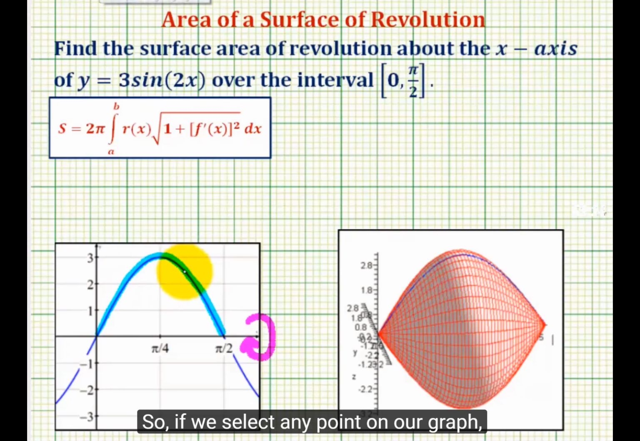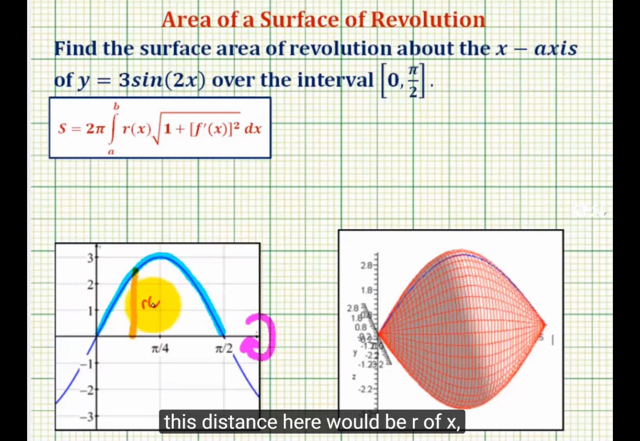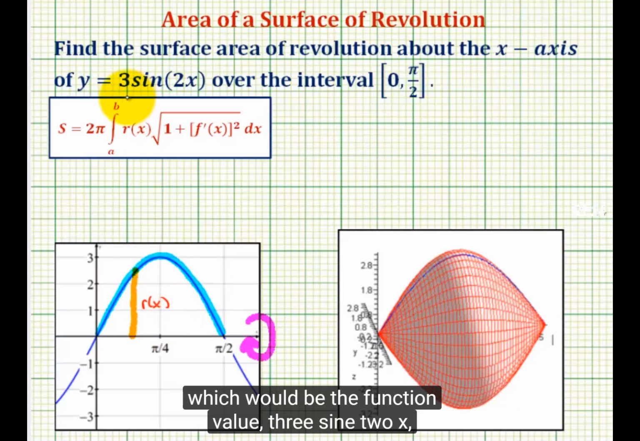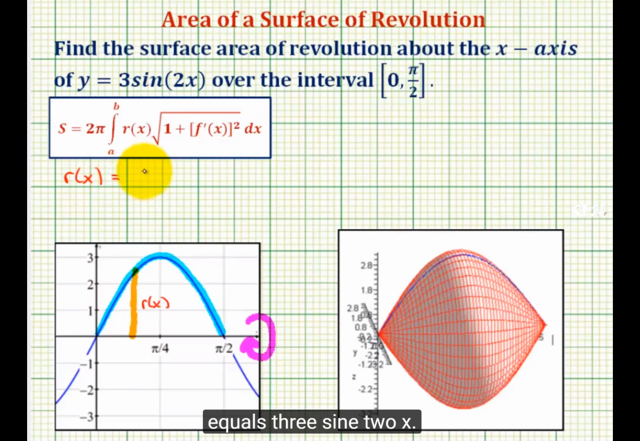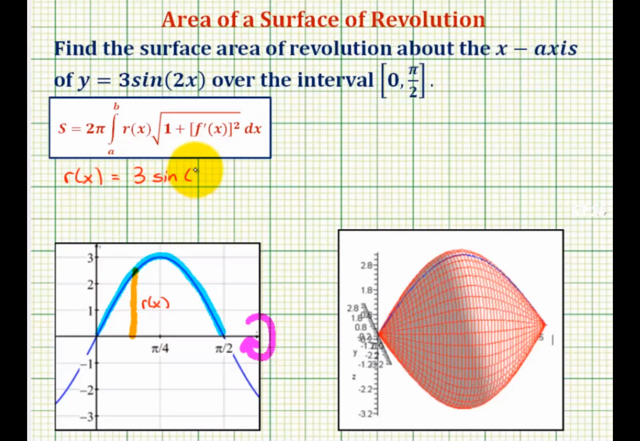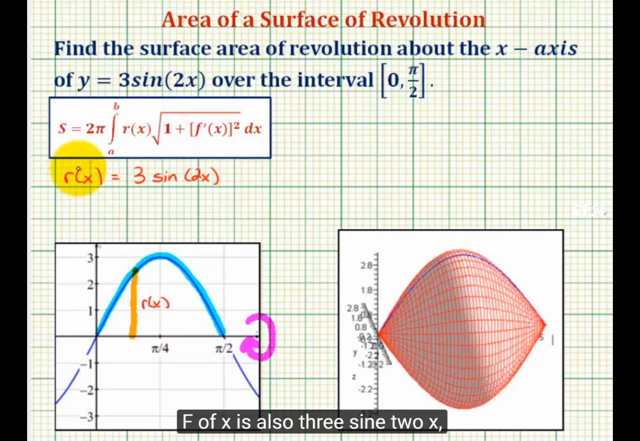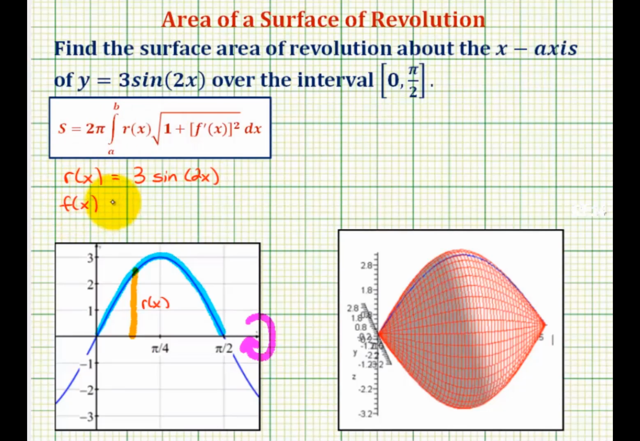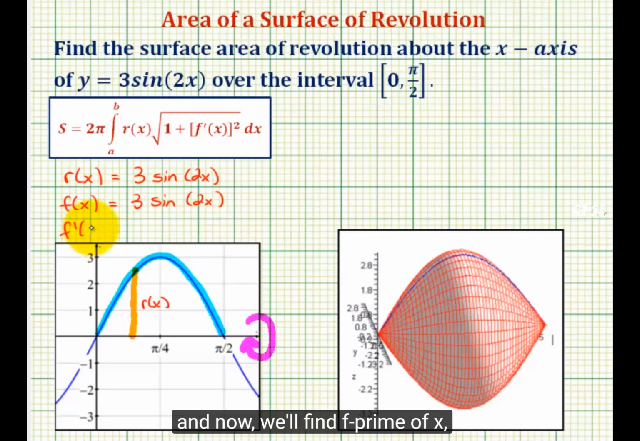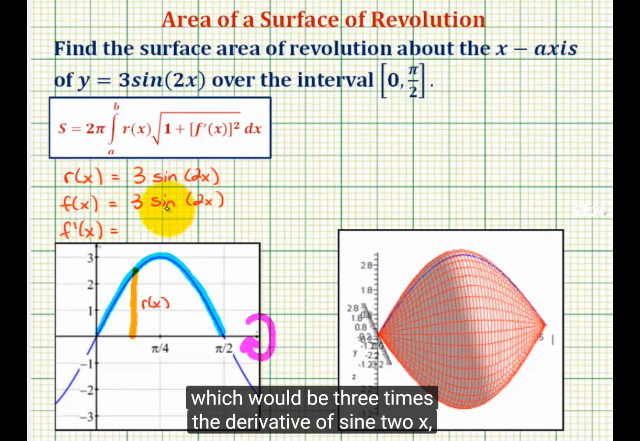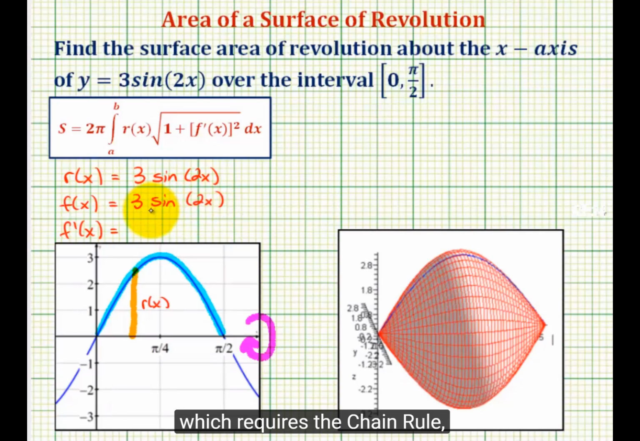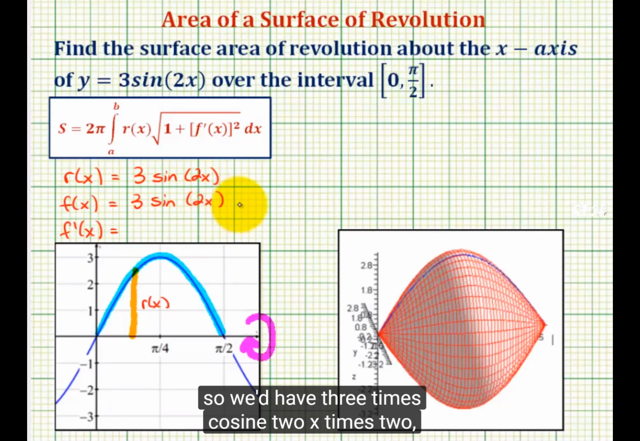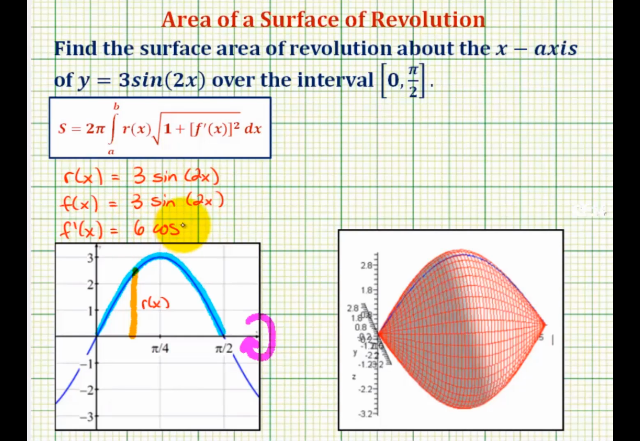So if we select any point on our graph, let's say this point here, this distance here would be r of x, which would be the function value 3 sine 2x. And therefore r of x equals 3 sine 2x. f of x is also 3 sine 2x. And now we'll find f prime of x, which should be 3 times the derivative of sine 2x, which requires the chain rule. So we'd have 3 times cosine 2x times 2, or 6 cosine 2x,